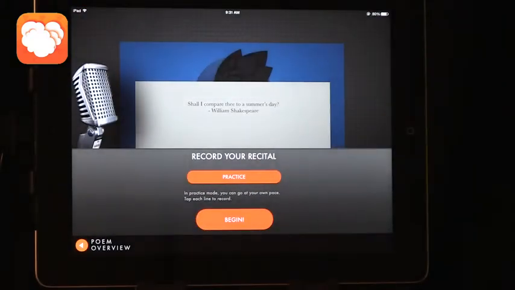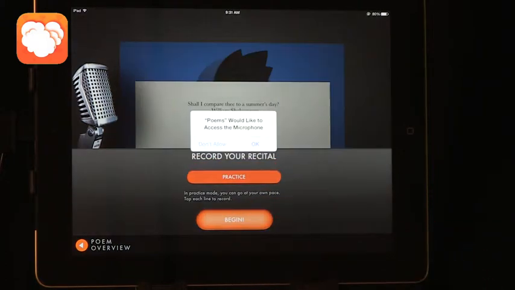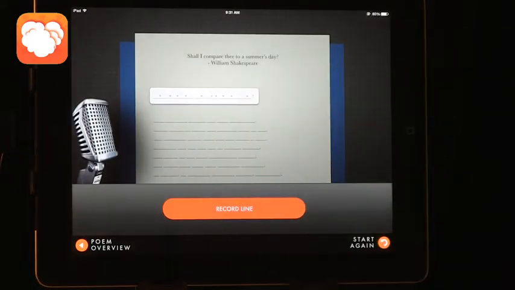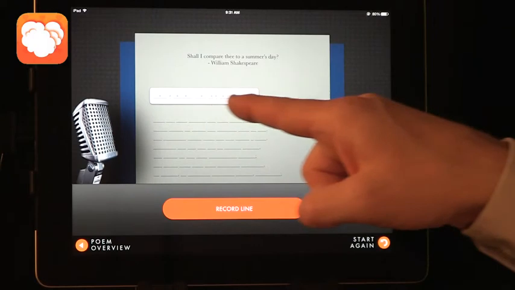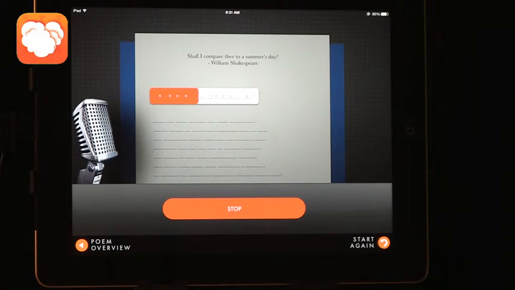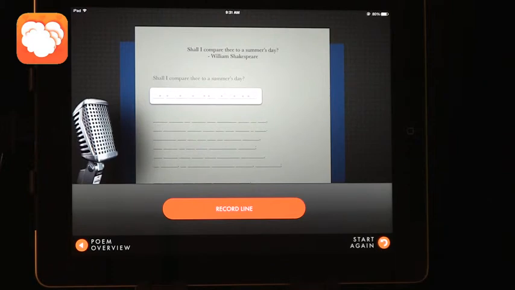And now you can record it, you can practice or expert, and if you say begin, this is the hard level, and the idea is to try and say it with the meter. You can see the meter showing up there. Shall I compare thee to a summer's day? And so it does record what you're saying, and it does register very, very clearly. So this is Poems by Penguin, and this is a way to practice memorizing some lines, in this case from